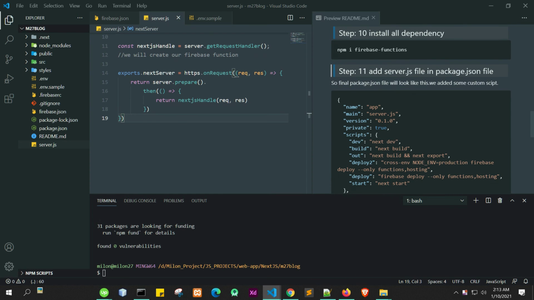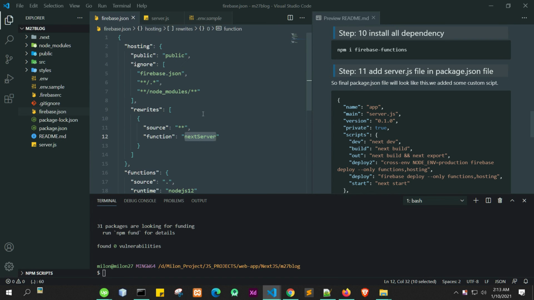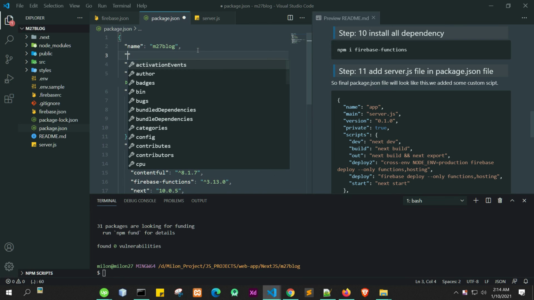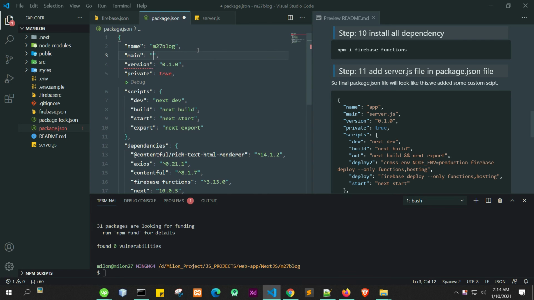Now we need to add this server.js file into our package.json file. We will go to package.json and we will write the main here. Main server.js. So this is our main server file, that's why we write server.js here.